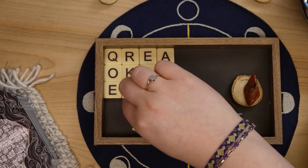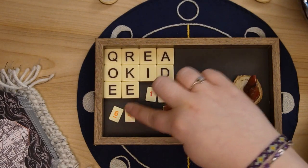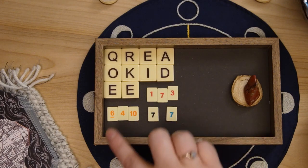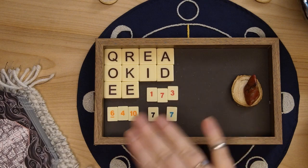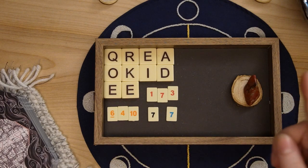The number 10 in orange. The number 6 in orange, and the number 4. So if we kind of group these accordingly, you might find that you're called to a specific color, specific group, or specific number, and you can look into the numerology after this if you'd like to. Especially since you have so many different numbers here, I probably won't go into every single one, but of course